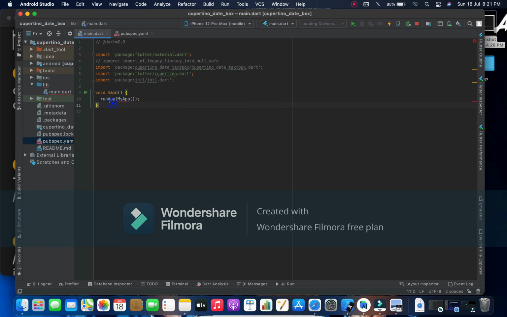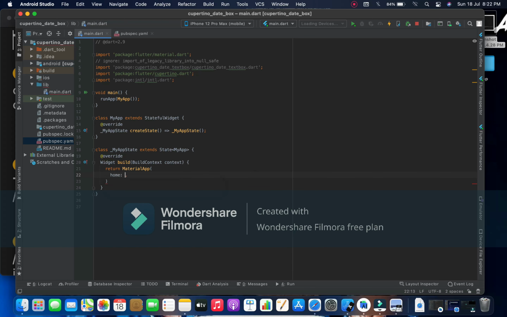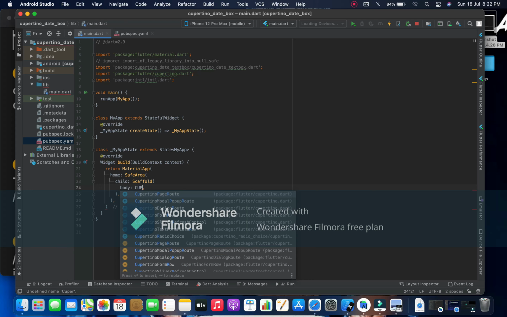So we are going to have a stateful widget, and my app would be here. Here I'm going to have a material, so material, home, and scaffold. In scaffold we have a body, and in body we have something like the Cupertino. Before everything, you need to wrap this with safe area so that it appears in the correct place. So here I'm going to have Cupertino